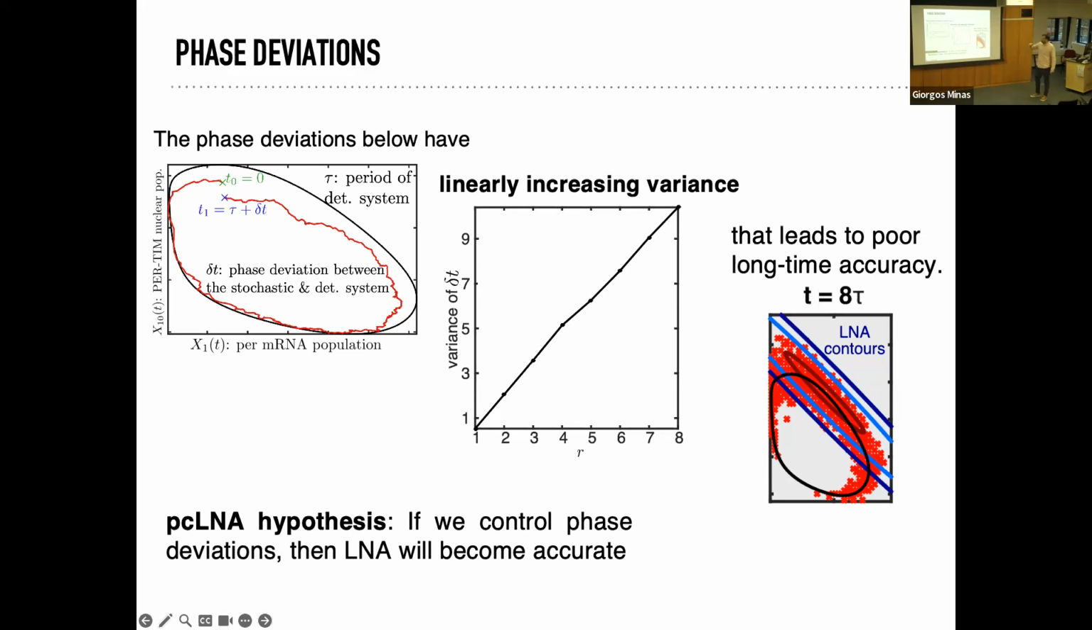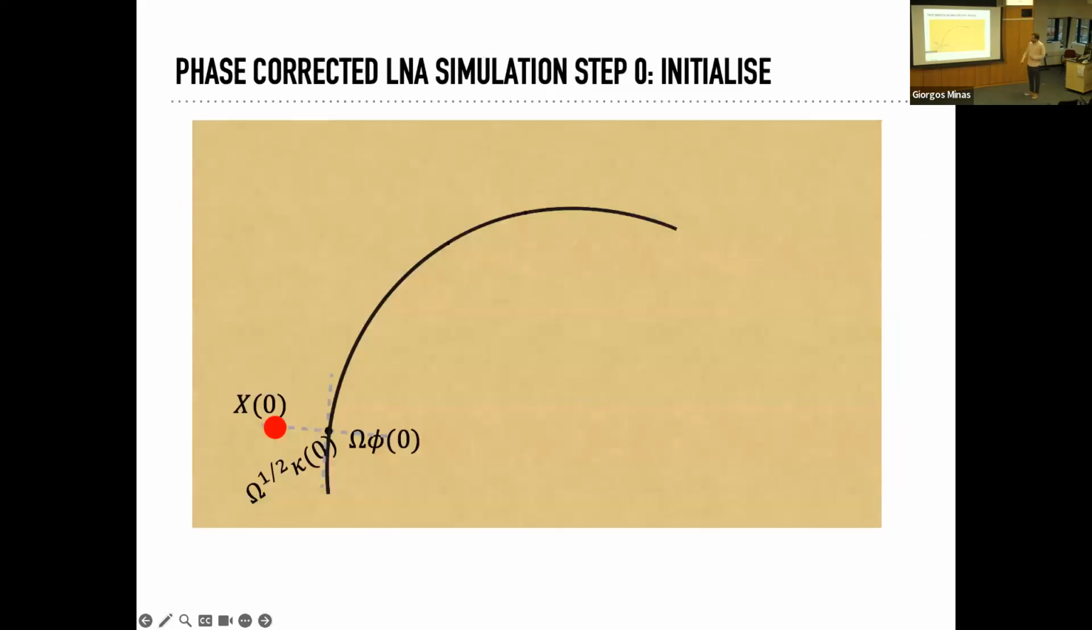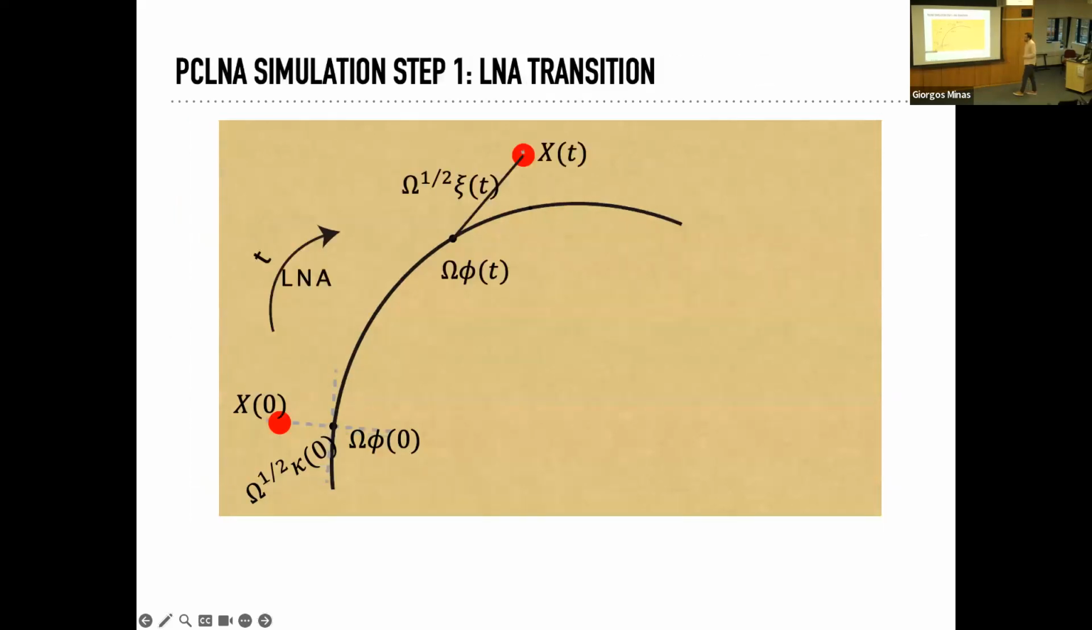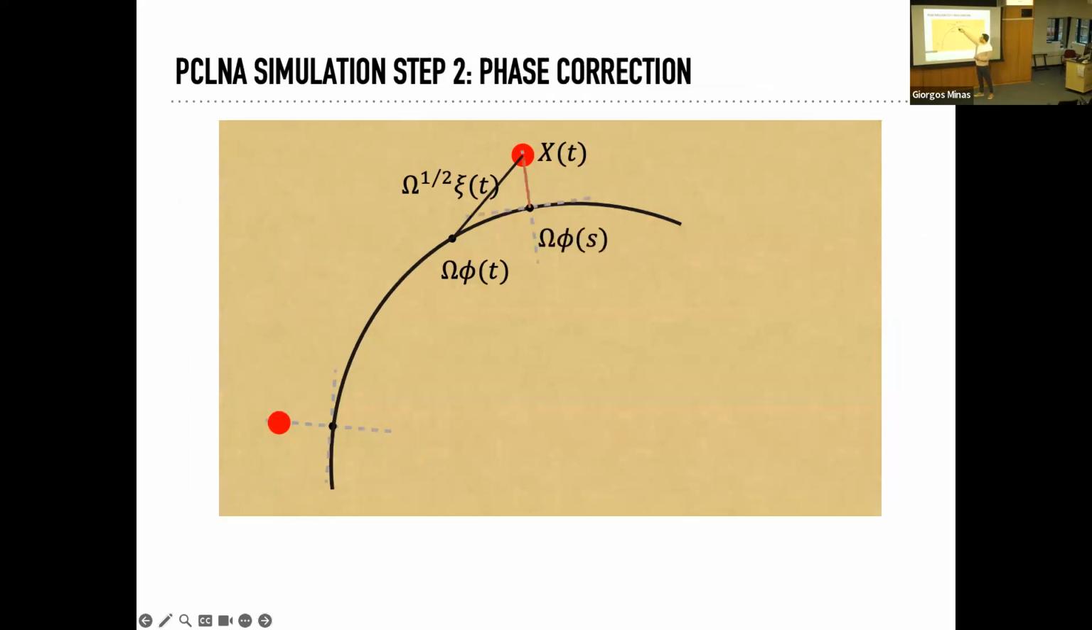But on the other hand, the fact that it's well-behaved and linearly increasing means to us that you could control it by resetting the phase at regular times. So that's what we do. For example, in terms of simulation, what we are saying is, initialize the system just like you would do in the standard LNA, have some initial condition for the ODE, SDE, and so on, and do a standard LNA step. And if you see that the state moved too fast compared to what you expect with a deterministic system, then find the closest point according to some distance measure